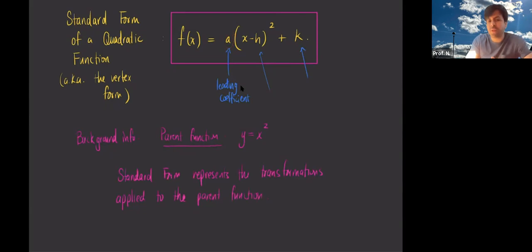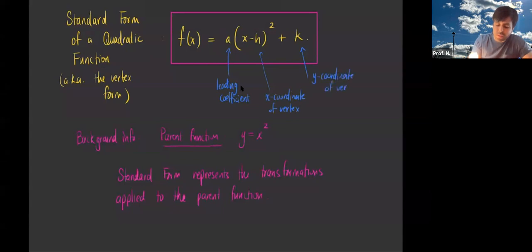the a value, what does the a value do? It tells us whether we vertically stretch or vertically compress. If it's negative, it tells us whether we flip or reflect across the x-axis. The h will indicate whether we shift to the left or shift to the right, and the k value will represent whether we move up or move down. So because we can move up and move down, and we can stretch and compress, right? That information can be easily discussed. And the h value will indicate particularly what's called the x coordinate of my vertex. And the k value will represent the y coordinate